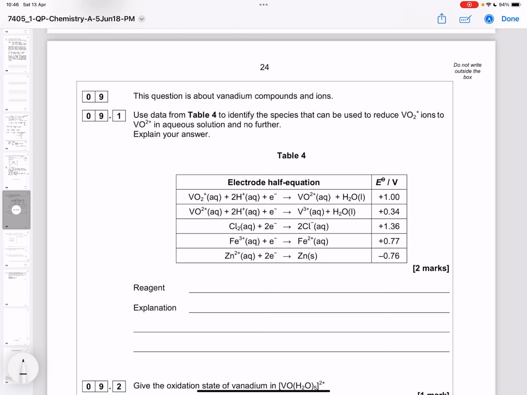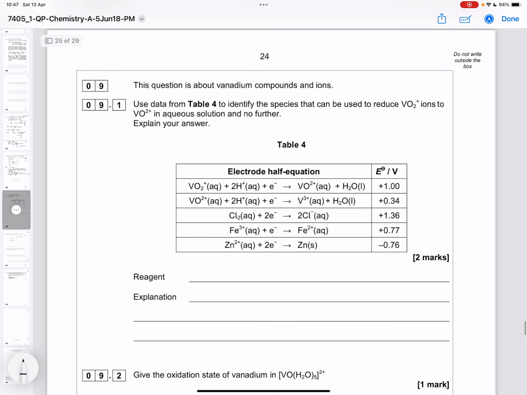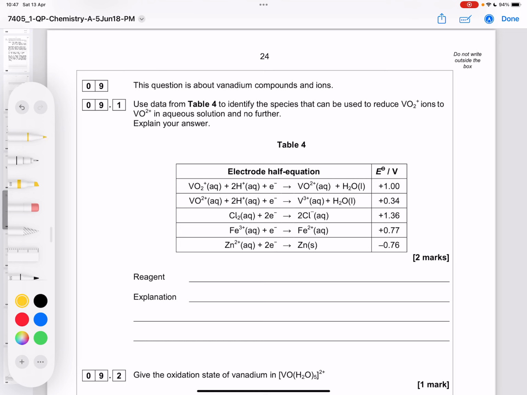This question is about vanadium compounds and ions. Use data from Table 4 to identify the species that can be used to reduce VO2+ ions with a 1+ charge to VO2+ ions in aqueous solution and no further. So it's asking us to reduce VO2+ ions